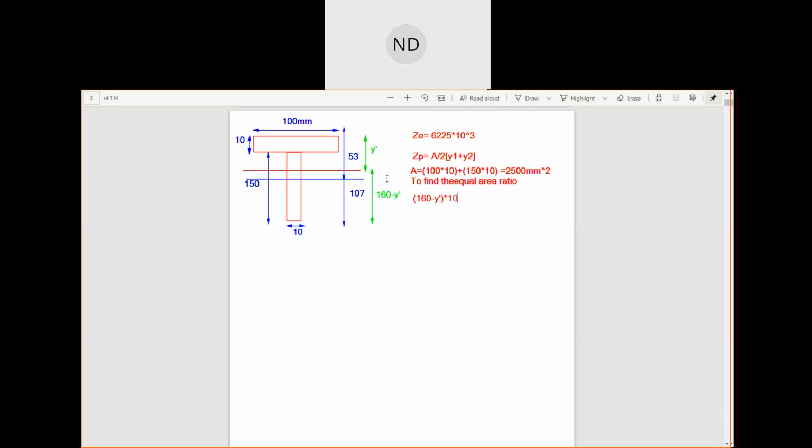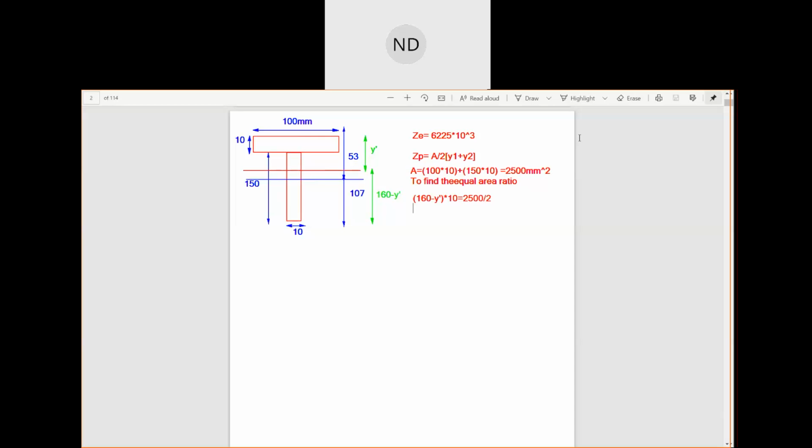This is the area below the equal area axis. The length is 160 minus y dash, into 10. This is the area below this axis, and the top portion will be, obviously, half of this 2500. So 2500 divided by 2,